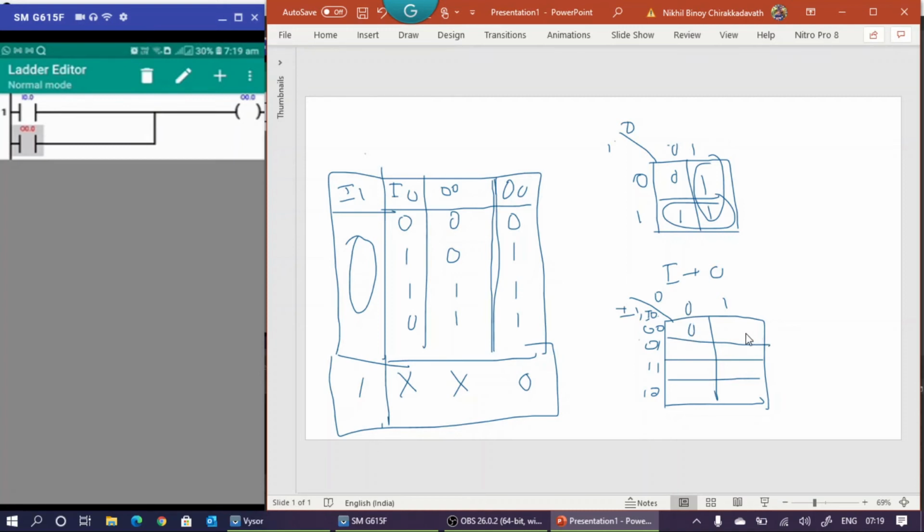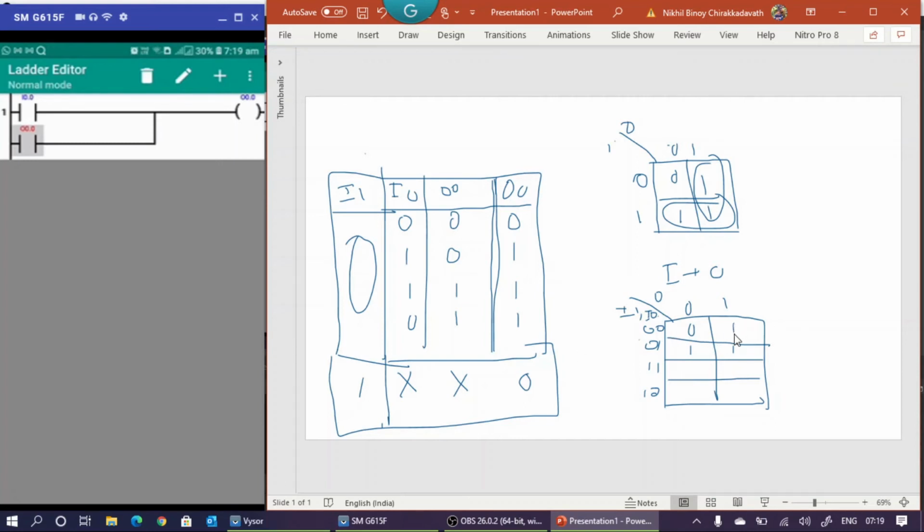Now what is this one? Then I1 0, I0 1: 0 1 0. This is 1. Then 0 1 1. Output is 1. Then 0 0 1.